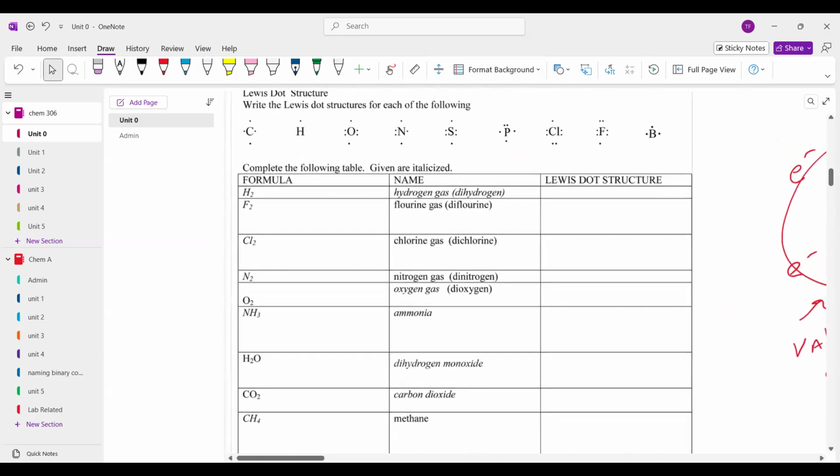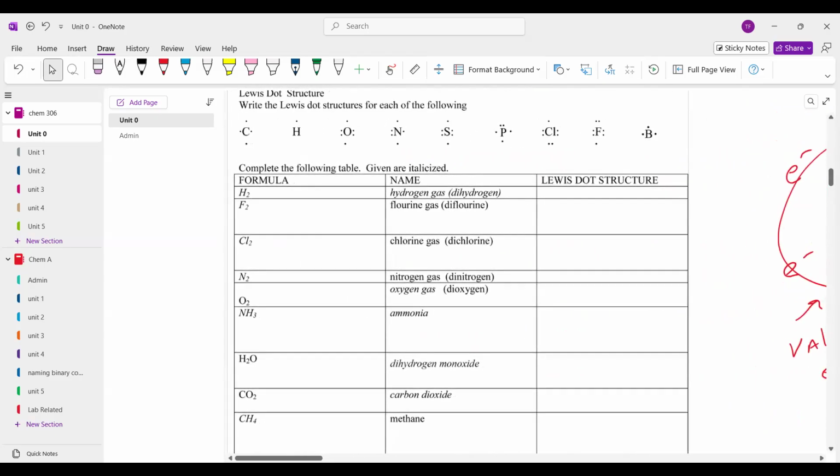So if we're looking at these elements up here, carbon's got 4 singletons, 4 bonds. Hydrogen, 1 singleton, 1 bond. Oxygen, 2 singletons, 2 bonds. Nitrogen, 3 singletons, 3 bonds. And notice sulfur is the same as oxygen. Why do you think that is? Aren't they the same because of where they're placed in the periodic table, in the sense that they only have 6 valence electrons and they're trying to make 2 to make 8 to be full shells?